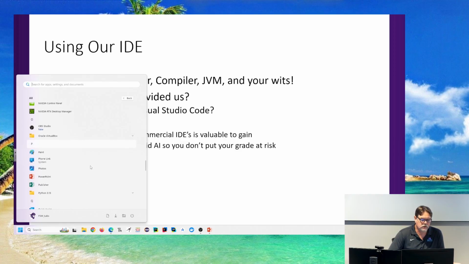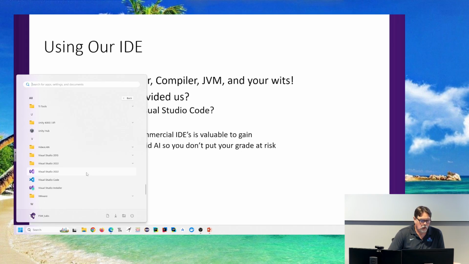I mean, obviously there are other Java IDEs out there. Visual Studio Code, you can do Java from Visual Studio Code also. You might have to add some plugins or add-ins, whatever they call them, to get that configured and working right, but I'm sure there are YouTube videos on how to do that, pretty straightforward, because a lot of people do it.